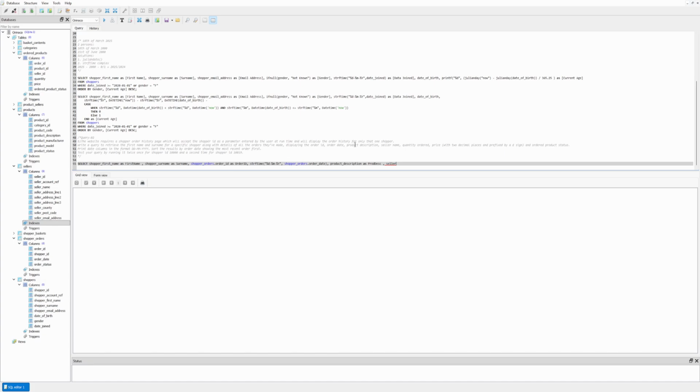So seller name from the sellers table, and then we have quantity ordered. So quantity from the ordered product